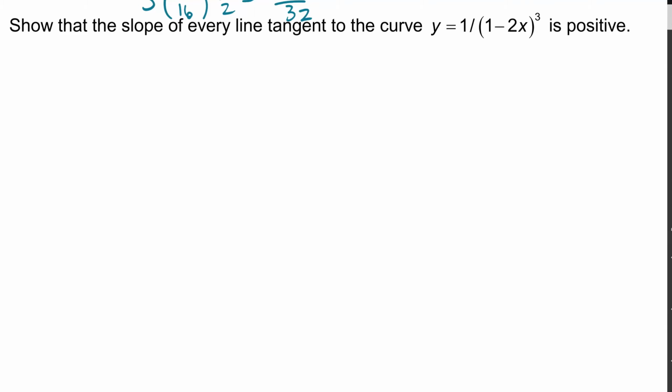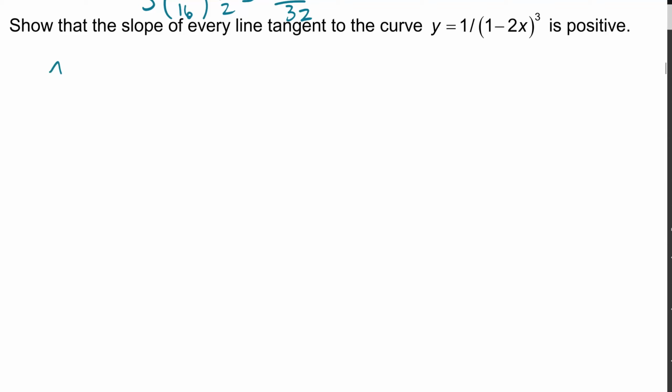Show the slope of every line tangent to the curve y equals 1 over 1 minus 2x to the third is positive. So we're trying to show the slope of every line tangent, aka the slope, is always going to be positive. I need to prove the slope is always going to be positive. Okay, so